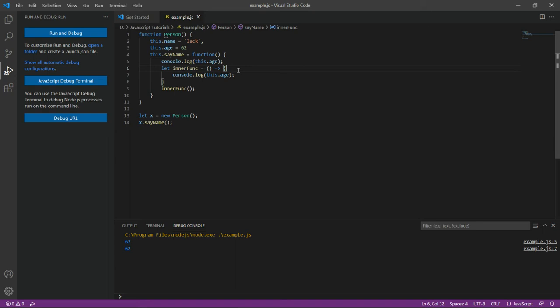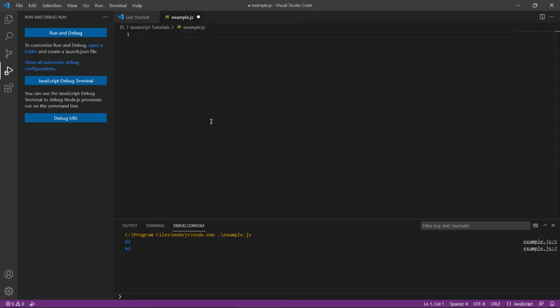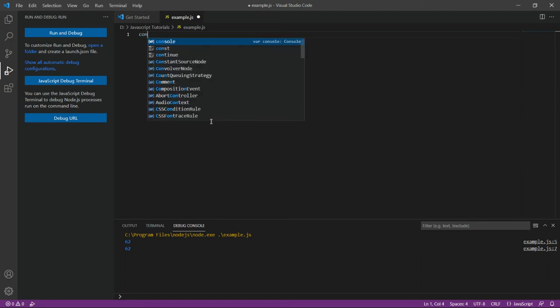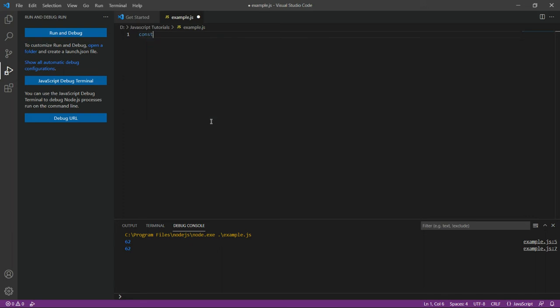Let's see it in one example. I will just clear this. So first, let's create an array. Here I will declare array values: my name is